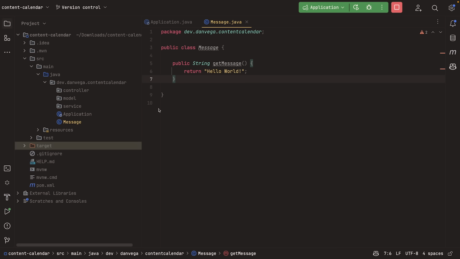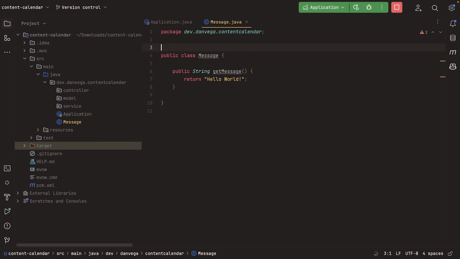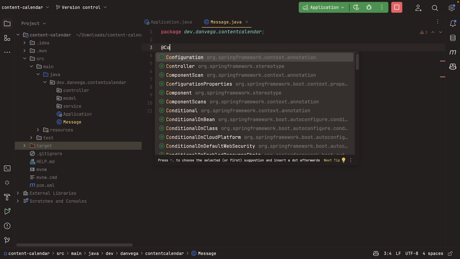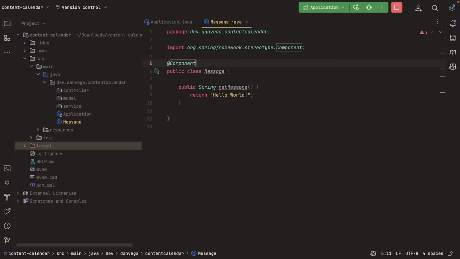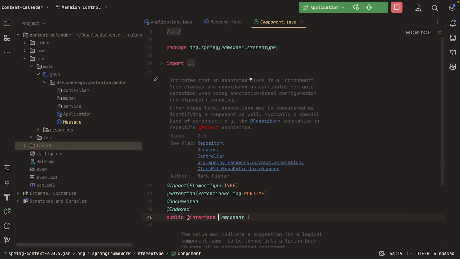And that's because Spring needs to be told about the classes that you want it to manage for you. There are a couple different ways to do this. At a class level, we can use annotations. So the generic annotation that you'll see all the time is @Component. And if we go ahead and dig into this, you'll see that this indicates that an annotated class is a component, and such classes are considered as candidates for auto detection when using annotation-based configuration and class path scanning, which